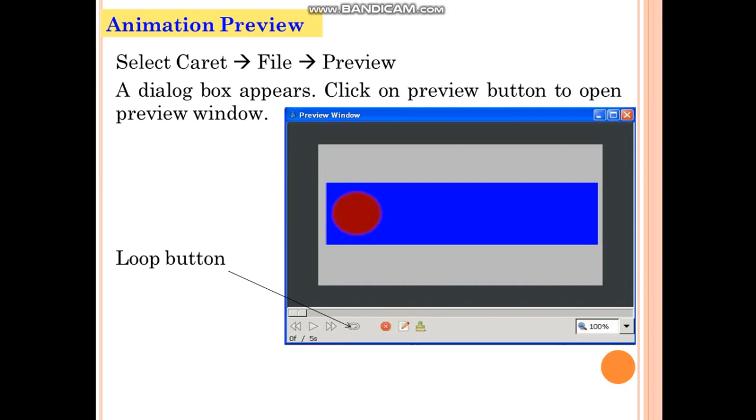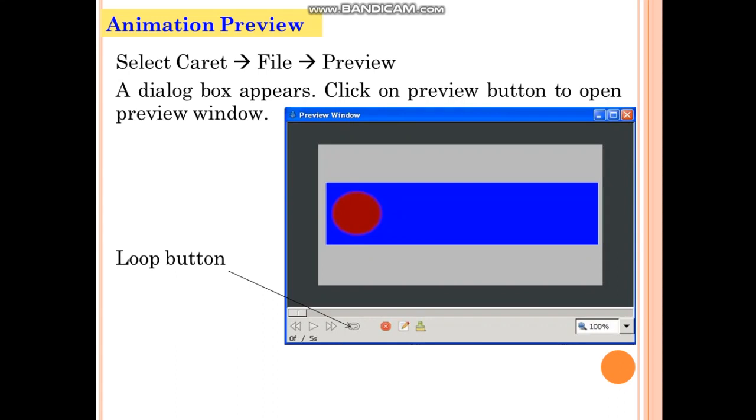So if you want to display this animation continuously, then you have to click on this loop button. Then when your animation gets completed, then again it will start the animation. And then if you want to see this animation, then you have to click on play button given here, so it will show you animation. So this way very easily we can create animation in Synfig.